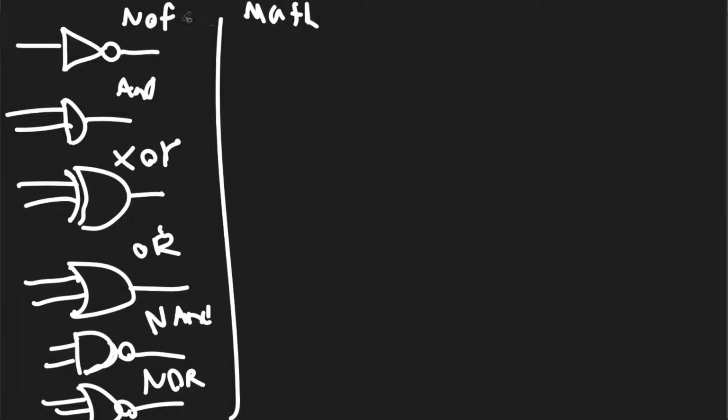So for math, our NOT gate is just a line above any variable. In this case, our variable will just be A, and that's the NOT line. It turns a 0 to a 1 and a 1 to a 0. Our AND gate